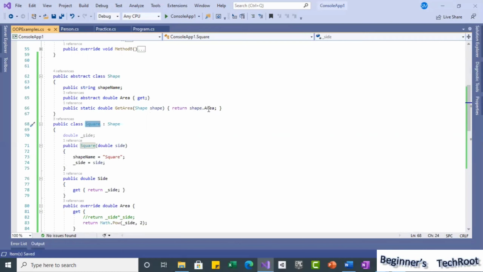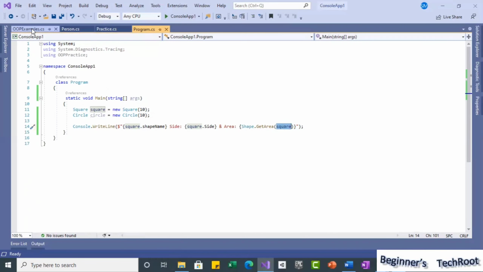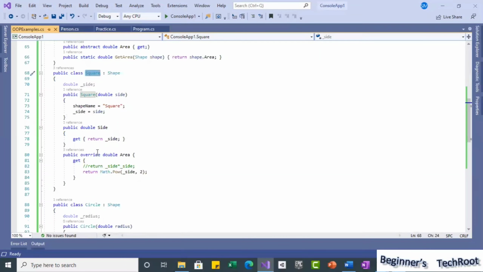When you pass a type of square, it automatically decides which method to call, so it automatically calls this area property value. That is what Shape dot area does.